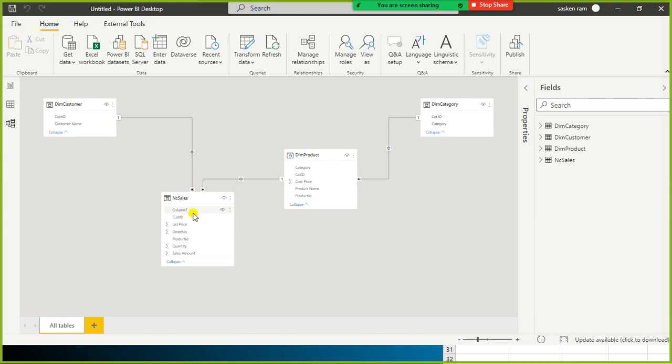Now you understood how to filter by the dimension category, right? Filtering the product table in this direction, from sales to product, is not possible directly. You need to enable bidirectional.